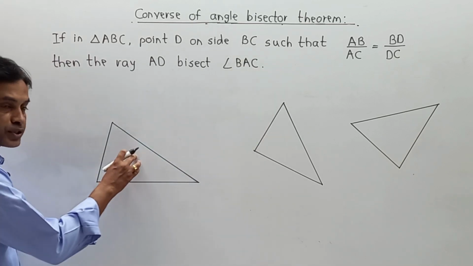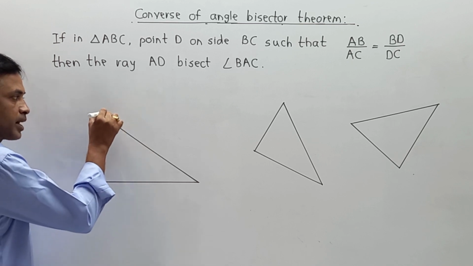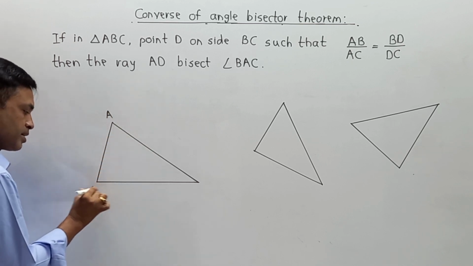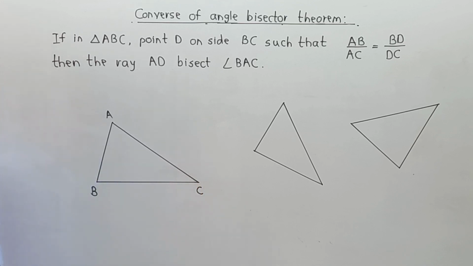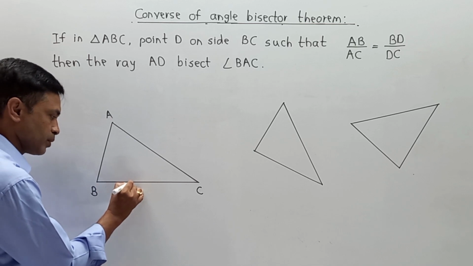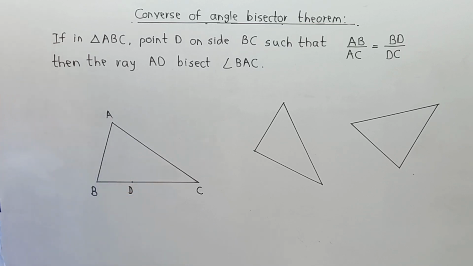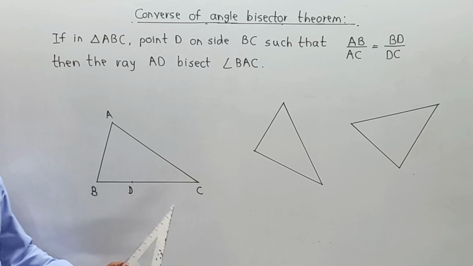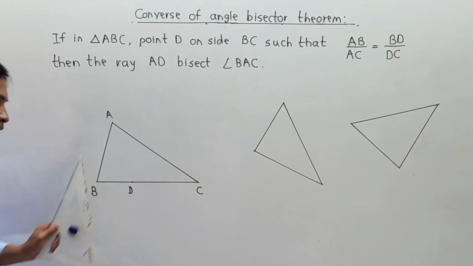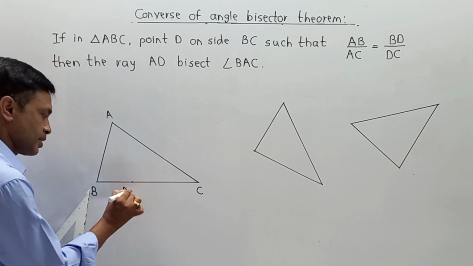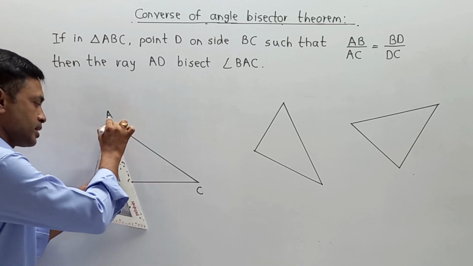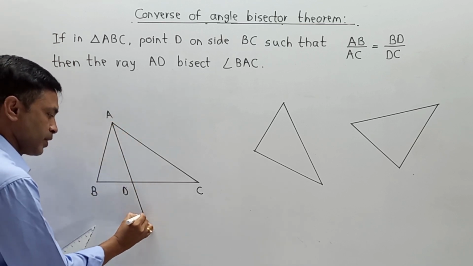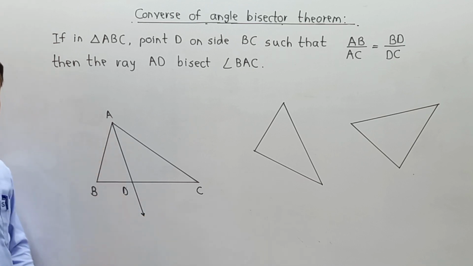Let us say I have drawn the first case, keeping the nomenclature the same, as triangle ABC. Now there is a particular point, point D, that I am going to draw over here. Remember it very carefully. This D is not a midpoint of BC. I repeat, this D is not a midpoint of BC. It is somewhere on BC. But the speciality of D is such that I am going to draw one ray, that is AD.